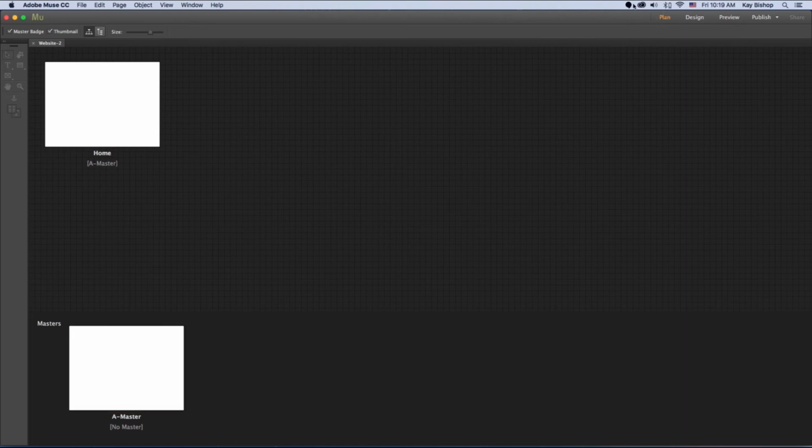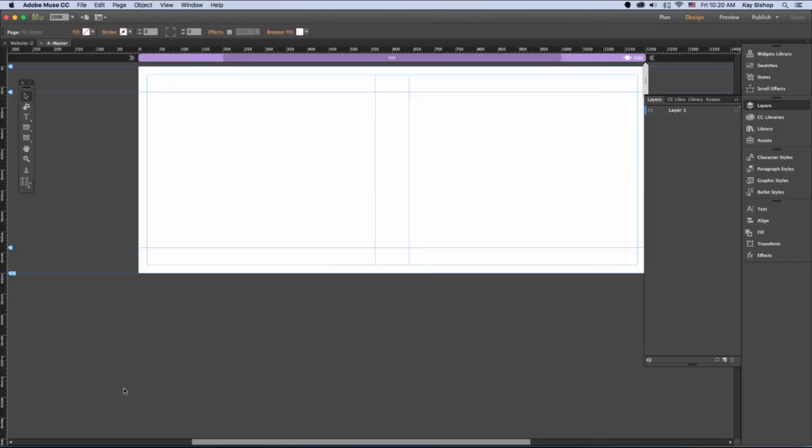We are primarily going to be working in plan mode because for this assignment, we just want to set up a site plan. So you've watched the wireframing video, you've sketched out a plan for your site, how many pages you want, what's going to be on each page, and now you're going to set that up in Muse. We're going to start on the master page and set up a master page, kind of a template or style sheet. And you will be required to have one master page on your site plan that you submit in this module. You can choose View,